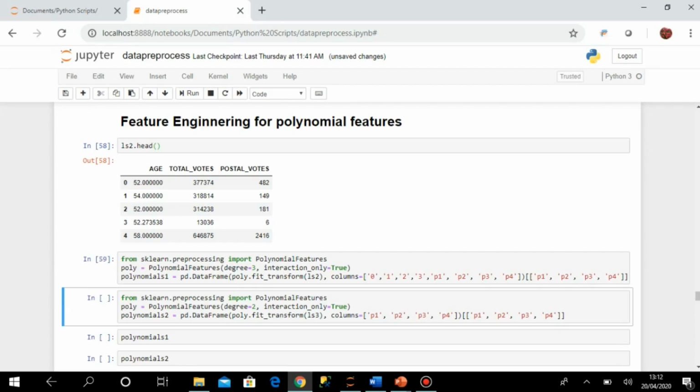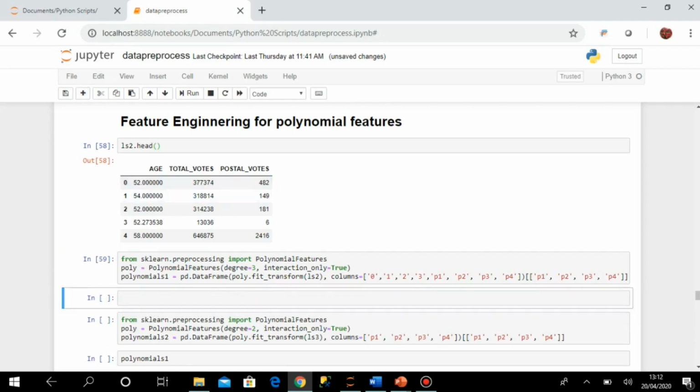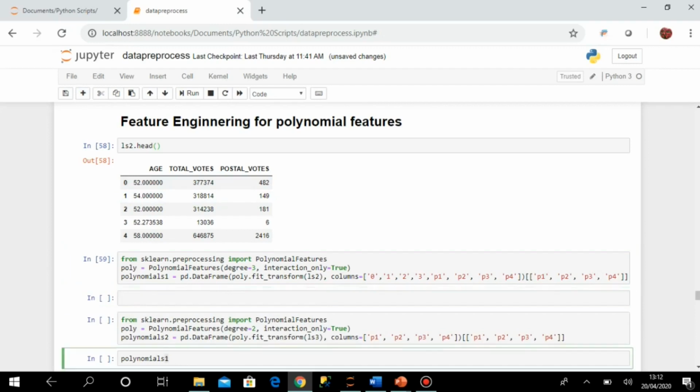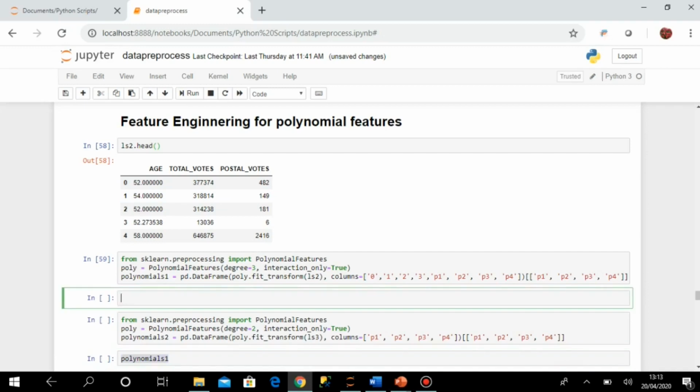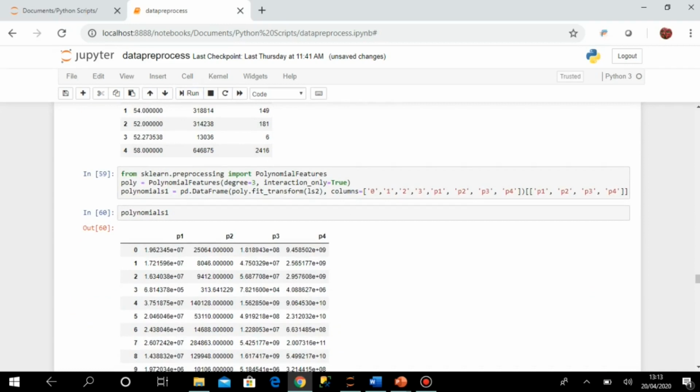Okay, so polynomials 1 is already created, so let me print this. If I execute this, you can see p1, p2, p3, p4.